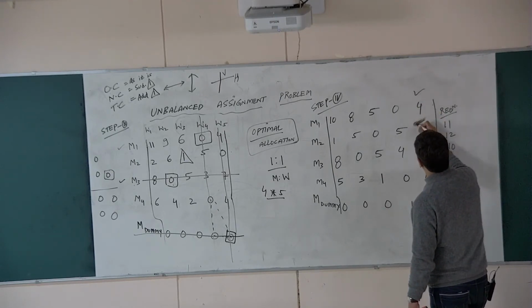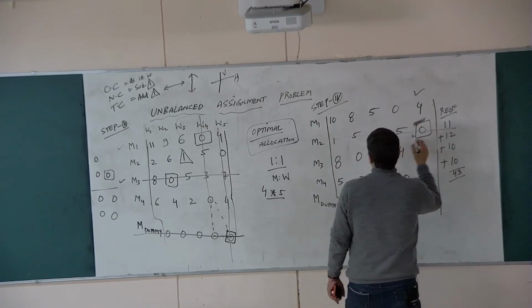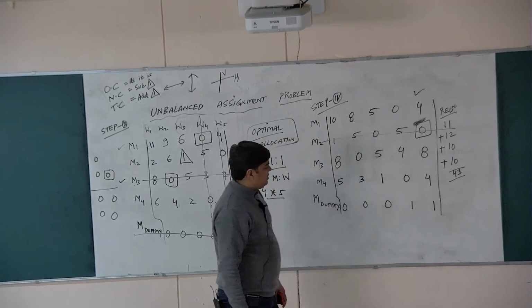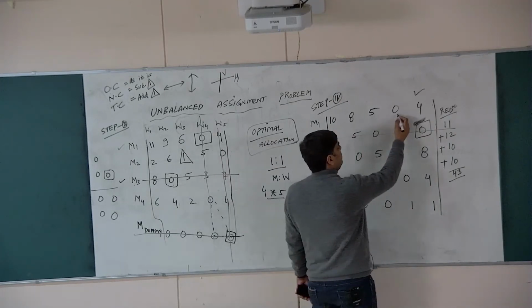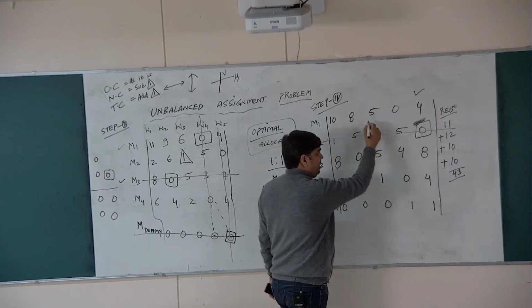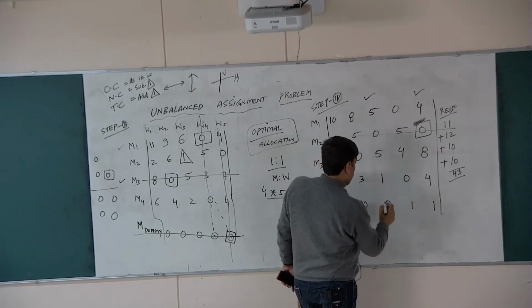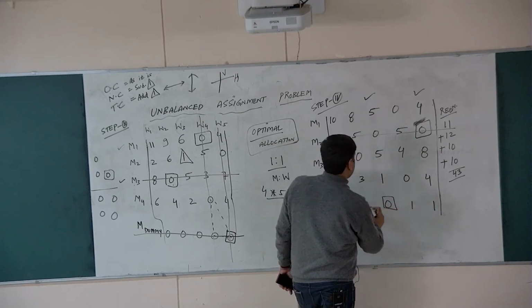Let us say I proceed with this column. When I proceed with this column, I will cancel its row. Next, can I proceed with this column? No, there are 2 zeros, still not cancelled. Can I proceed with this column? Yes. Why? Because this 0 has already been cancelled. So I will select this 0.